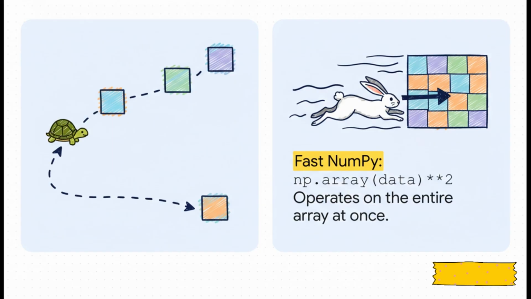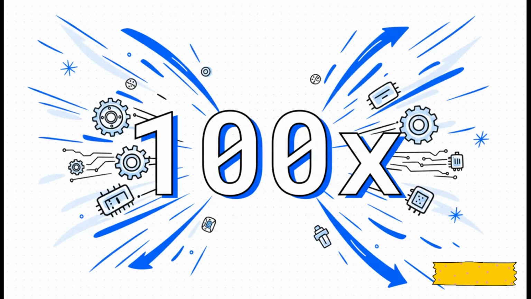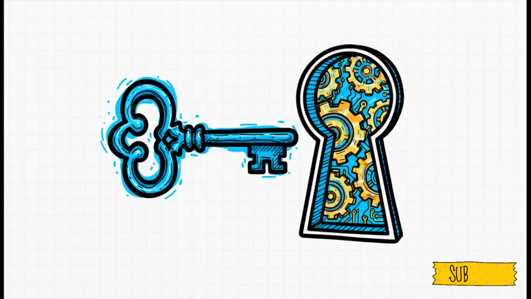But the difference is so much more than just how it looks. That one little line of NumPy code can be up to 100 times faster. No, that's not a typo. 100x. It's a speed up so big it feels completely unreal. But I promise you, it's not magic. It's just really, really clever engineering. So in this explainer, we are going to crack open that 100x speedup. We're going to look under the hood, and I'm going to give you the keys to start writing faster, way